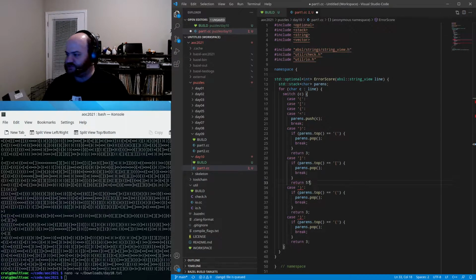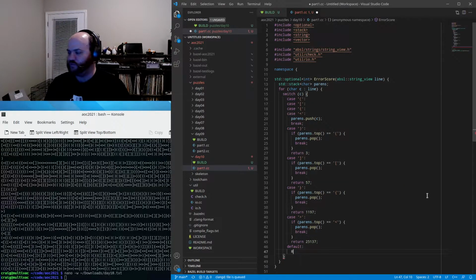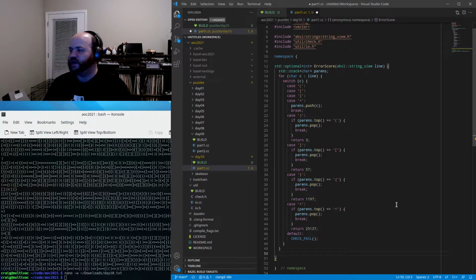And here the score is 57. For the squiggly boys, the score is 1197. And for the pointy boys, the score is 25,137. And then the default case is, we're going to go ahead and check fail there because that's an invalid character. That's a syntax error of a different kind. So right now we are supposed to just ignore incomplete lines. So we don't really care if the